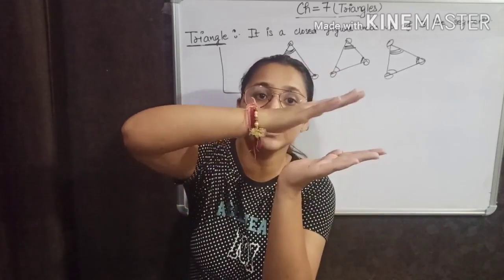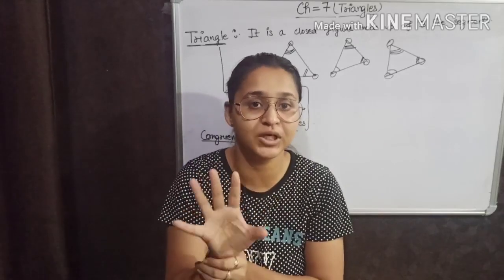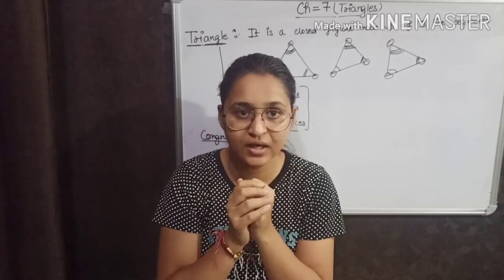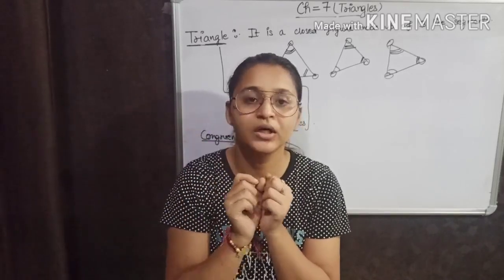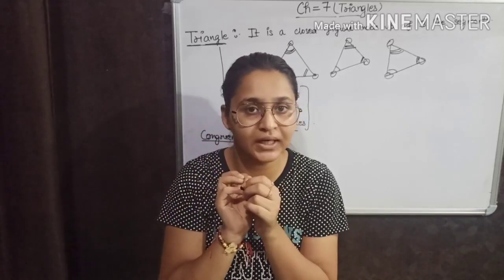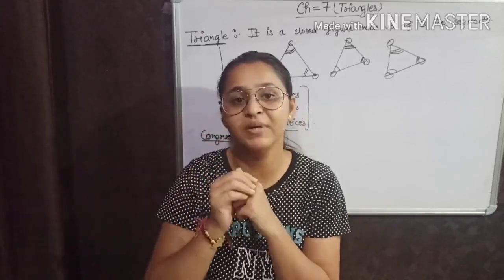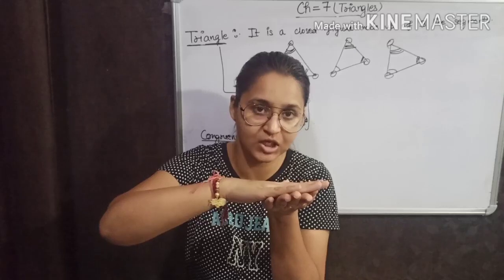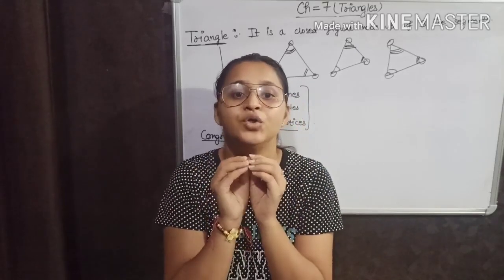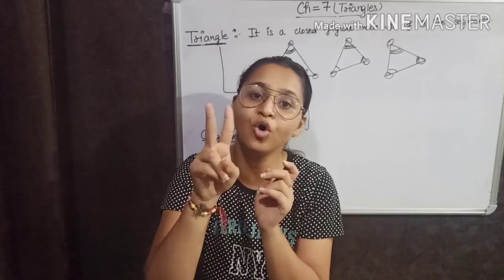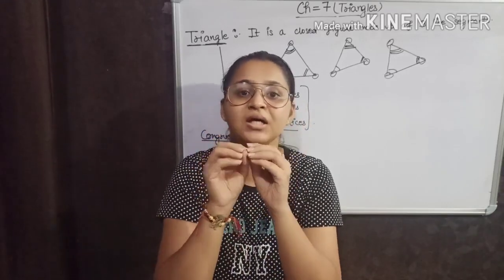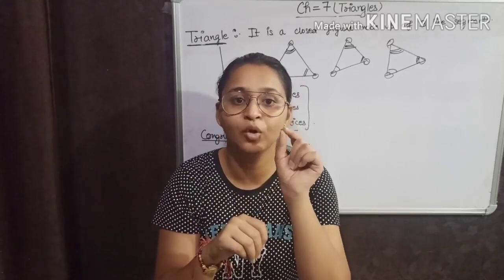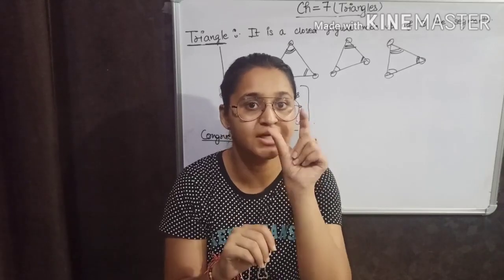It is completely covering. If you have 2 books of same shape, same length, and these 2 books are covering each other, then you can say they are congruent. If you have a key of any lock and you make a duplicate key, now these 2 keys will overlap each other. You will not be able to see another side of the key when you put one key over another. So in this term, you can say that the 2 keys are congruent to each other. Congruent means similar, same shape and same size also.